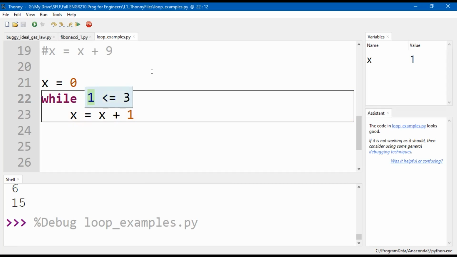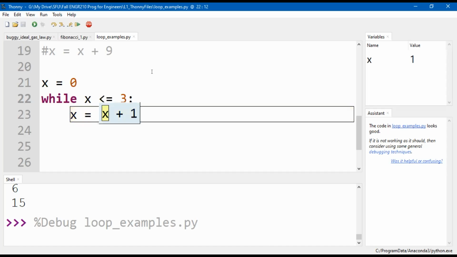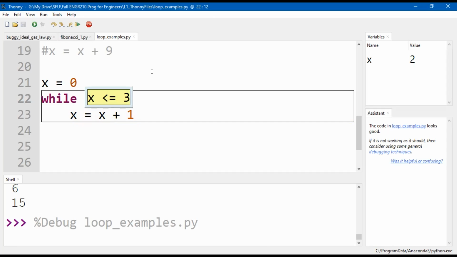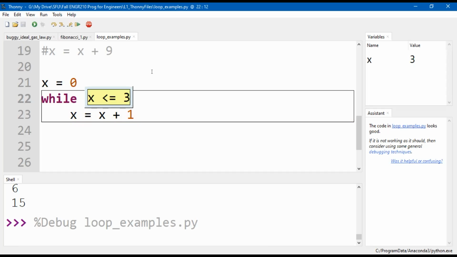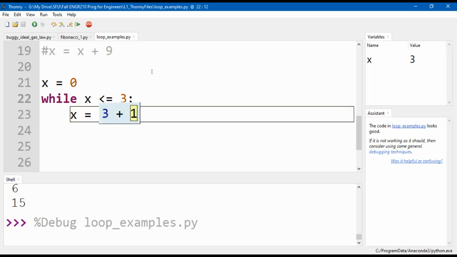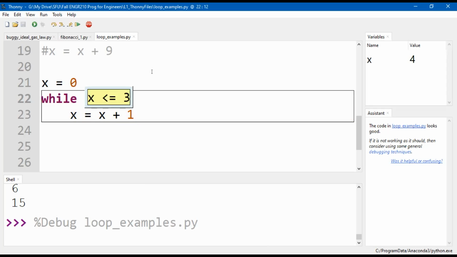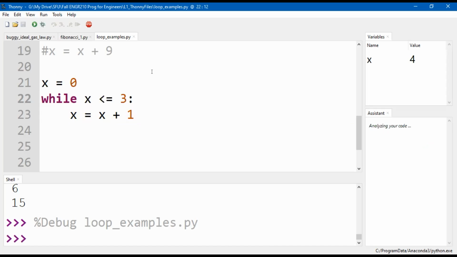Okay, is this true? Right, it is, because 1 is now the value of x, and 1 is less than or equal to 3. Okay, it's true. Do everything here. The value of x is now 2. Great. Come back up here. The value of x is 2. Okay, 2 is still less than or equal to 3. Great, that's true. We'll do whatever's in here. That's now 3. Is this still true? 3 is less than or equal to 3. Okay, this is still true. Yep. x is now 4. Is this true? No, it's not. It's false. I'm done.